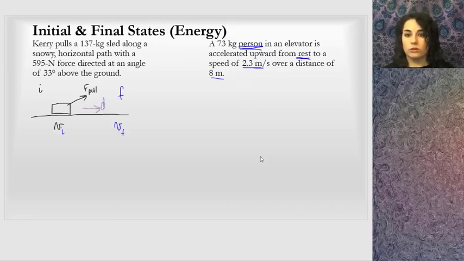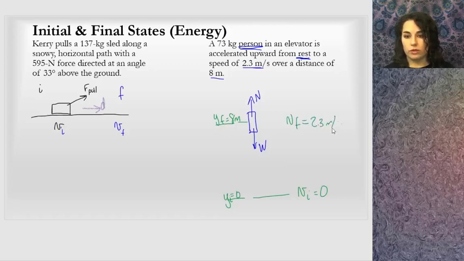So here we're looking at the mass of the person. So I'm just going to draw the person. Here's a person. I assume there's some normal force from the elevator, and of course there's a weight. The person will have a weight, and it moves upward. And I guess what I might do in this situation is have a V initial down here equals 0, right? And I'm measuring, so I will set a coordinate system so that I know y initial equals 0, and then it moves up to y final equals 8 meters, and it has some V final, 2.33 meters per second.